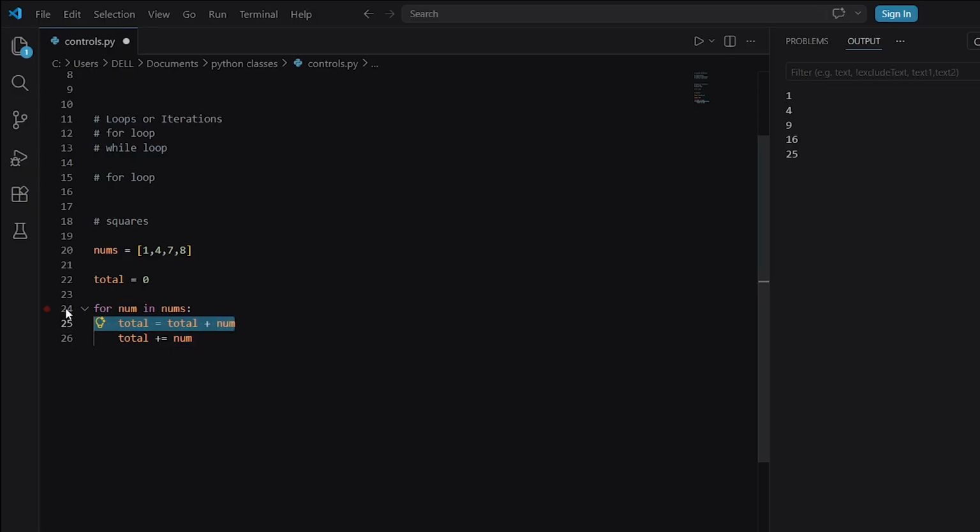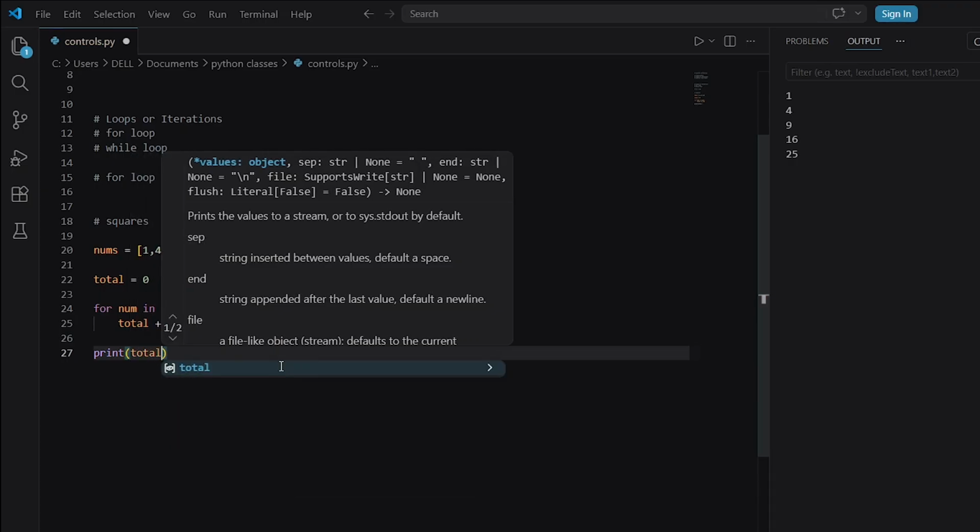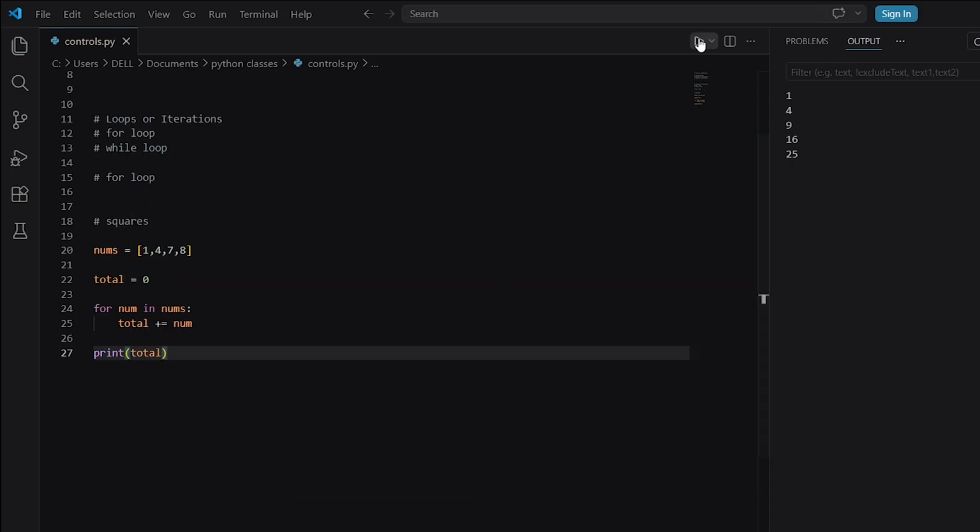Let's go with the shortcut. And here, after the loop, I'm going to print out the total. So we can have print total. So let's see the outcome. We have 20. And if you compute this manually, 1 plus 4 is 5, 5 plus 7 is 12, 12